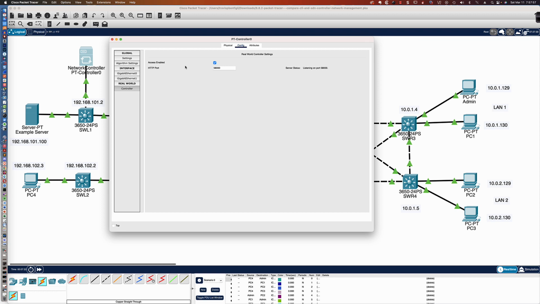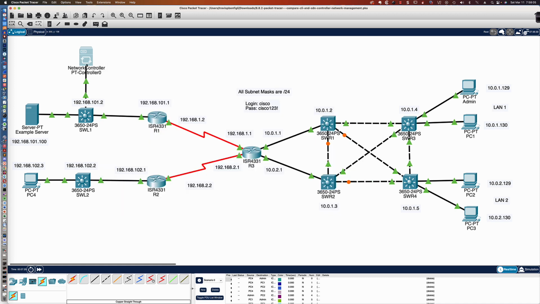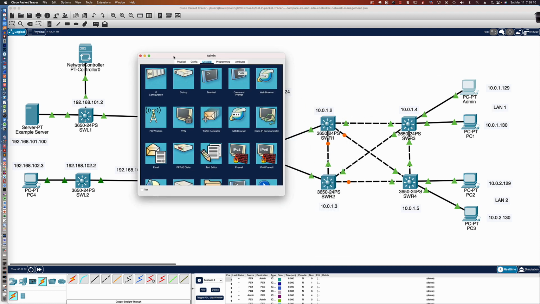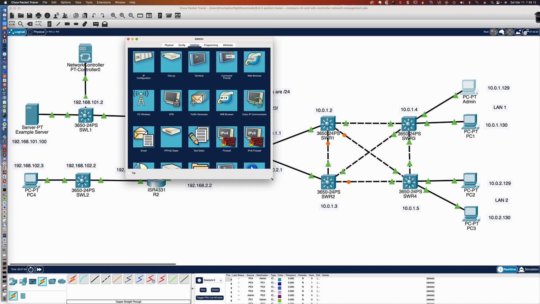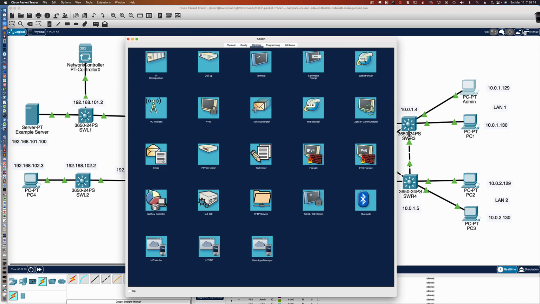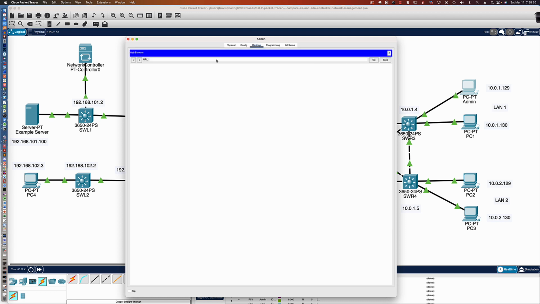All right, so now we're going to dive into what we would be doing in terms of using this SDN controller. Now, we're not going to be doing the configuration on the network controller itself. We're going to come back to the admin PC, because this is where we're going to hit the web page for the controller, and this is where we're going to do the configuration. So I'm going to go ahead and click on web browser. Again, if you wanted to confirm you had connectivity, you could pull up the command tool and ping, but we're going to go ahead and go to HTTP